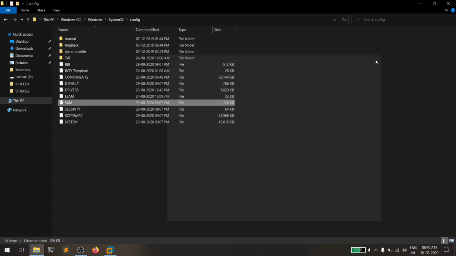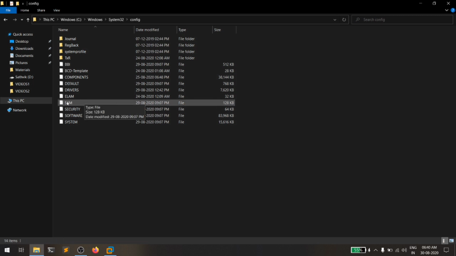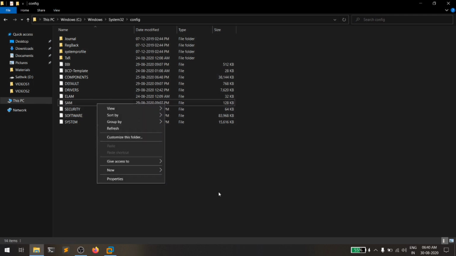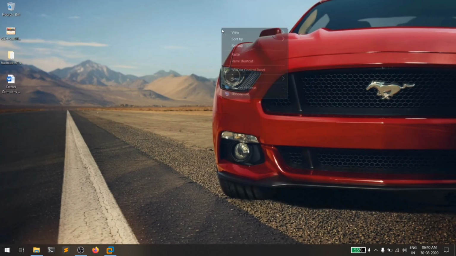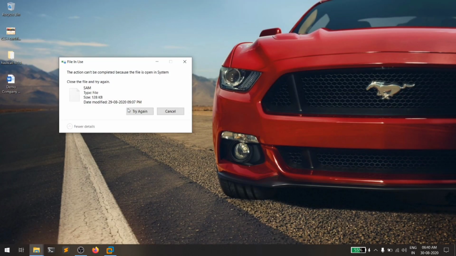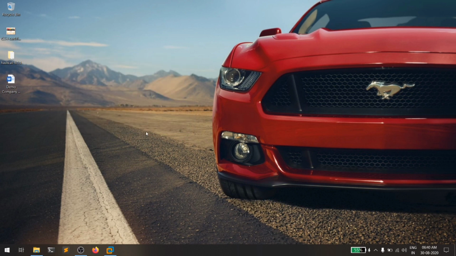So it's not showing it, but if you dump this file, copy it and paste it somewhere else, then you can definitely see what's happening. Let me copy this. I'm not getting the option to copy as well, but there are a variety of tools that are used for it. It's not very easy, but yes, it takes some time.